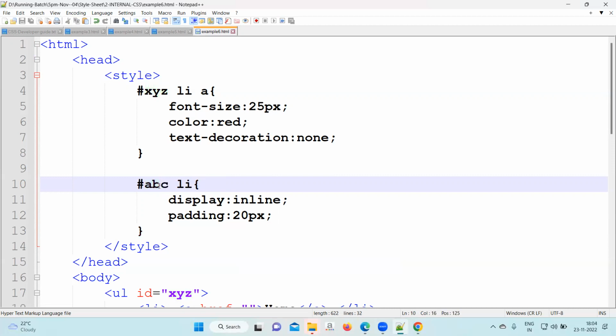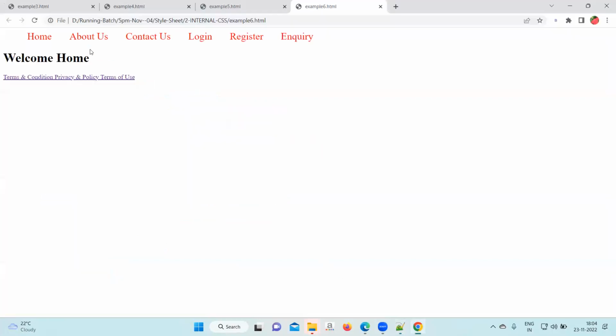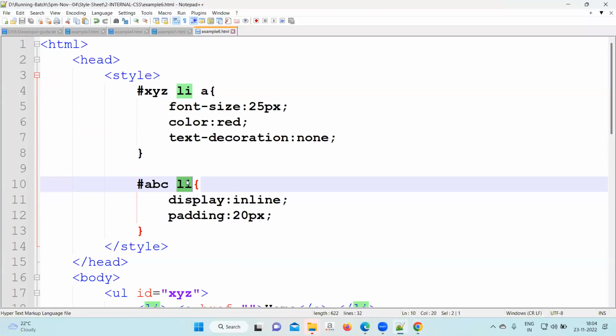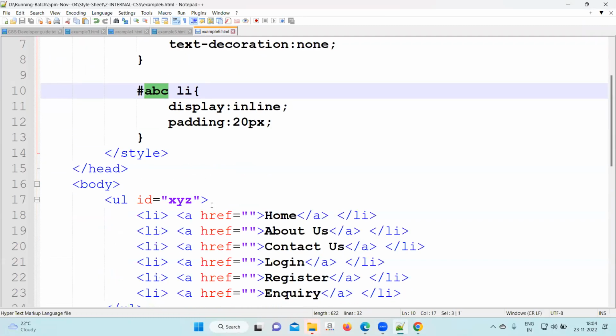And then check again. Is it getting applied for LI or not? It's not applying, no? Because the address is not found. Which address? There is no such LI whose parent is ABC. So LI is there, but the address is not found. Ganesh is there, but the father name is